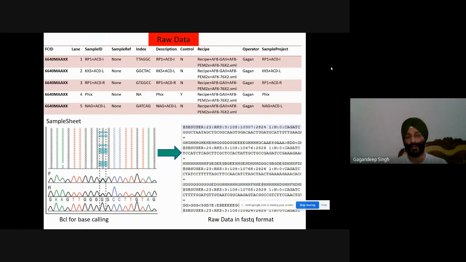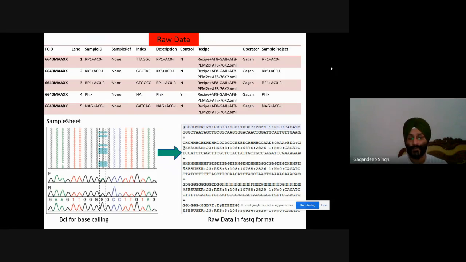For identification, we have to provide an index. Once the sequence comes, by using these indexes, we can easily identify which sequence is related to which organism by demultiplexing.